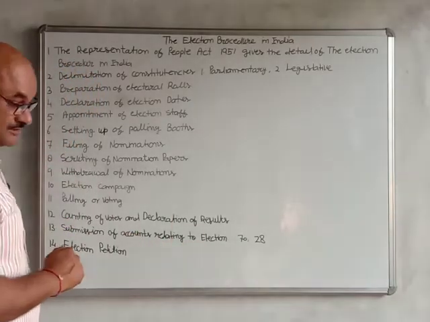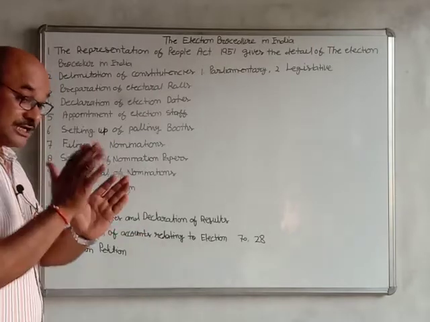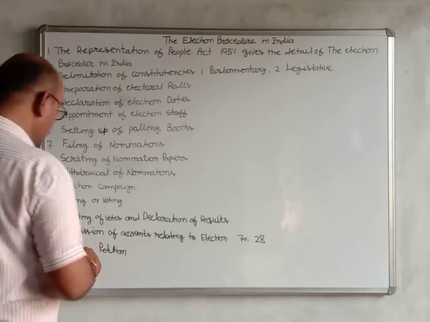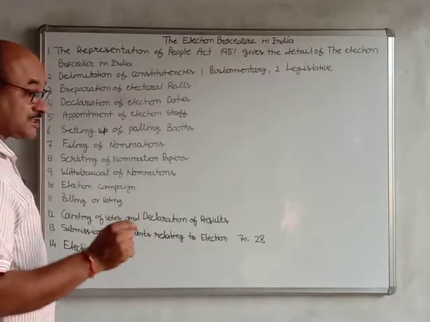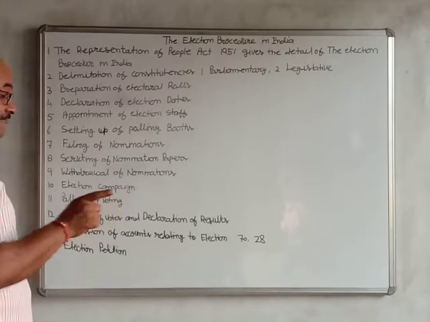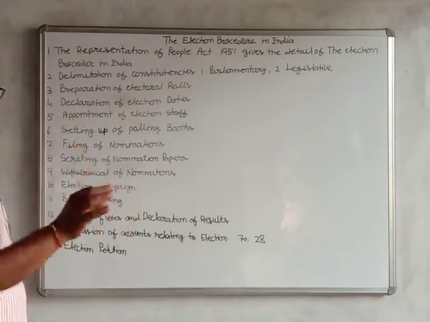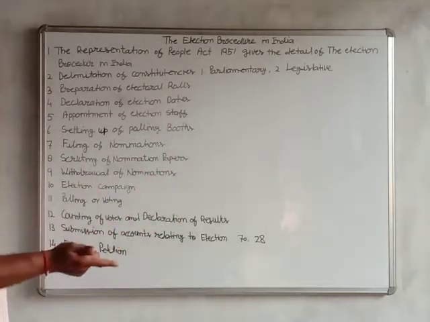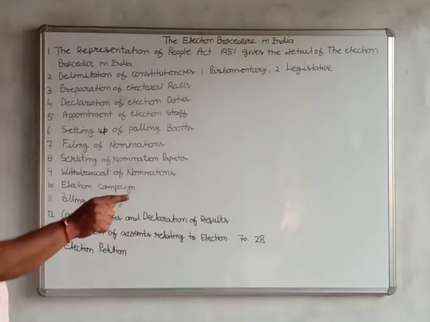The Election Commission has fixed how much money a Lok Sabha and Vidhan Sabha candidate can spend. According to the new guidelines of the Election Commission, a Lok Sabha candidate can spend 70 lakhs, and every expenditure will be reported to the Election Commission. The candidate must open an account in any national or centralized bank and report it to the Election Commission, and this account will be watched by the Election Commission, and the candidate cannot spend more than 70 lakhs for the Lok Sabha election.